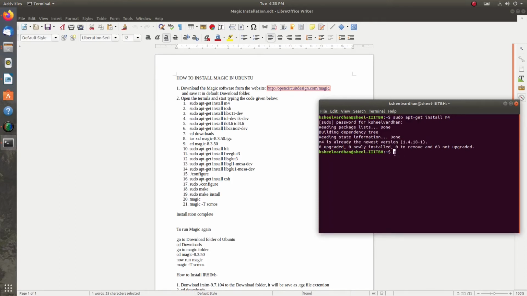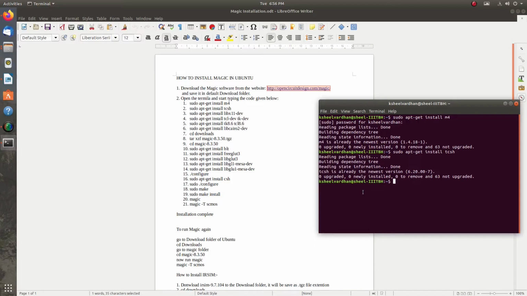As you can see, in my PC m4 is already installed because I have done it earlier, so it tells me that m4 is already the newest version. I will go for the next one, tcsh, and it is already the newest version. All these files have already been installed on my PC up to step number 6, so I will not do that again. You guys have to install all these things first.